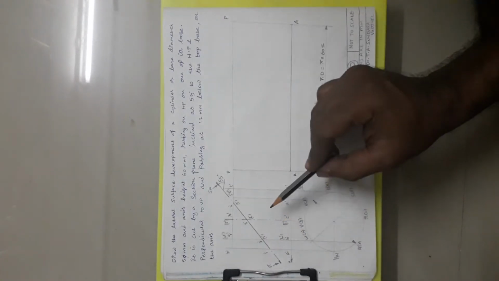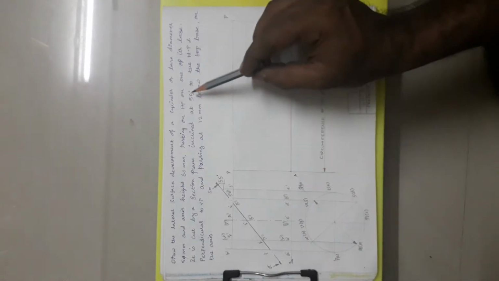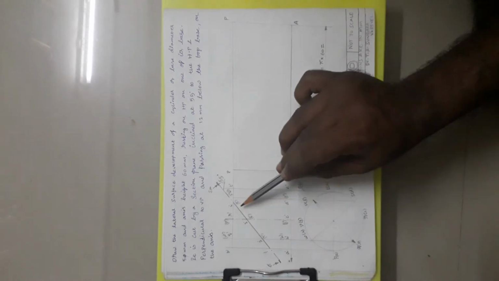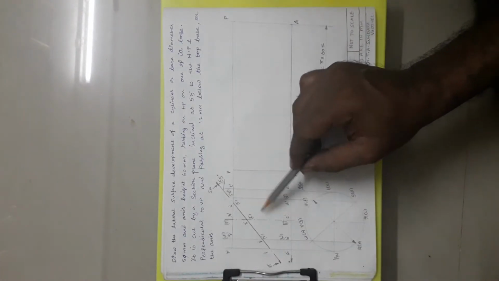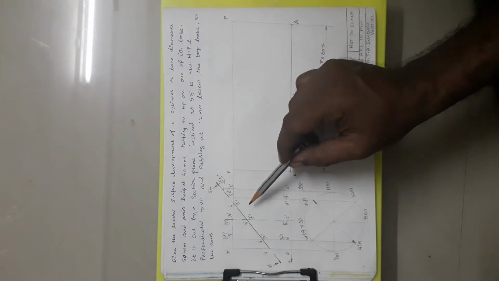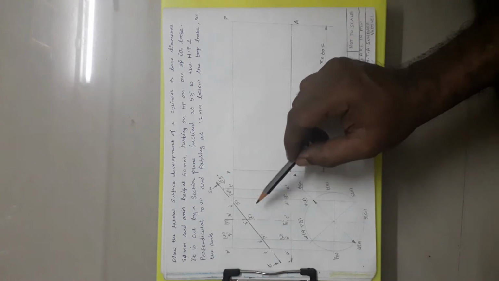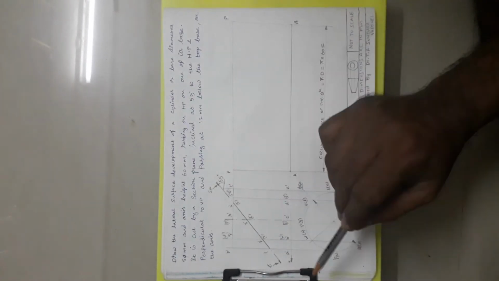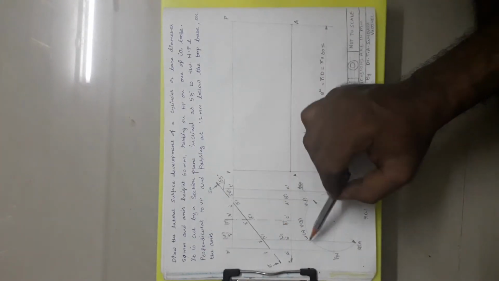So I have drawn the projection for the cylinder as per the given question, and I have drawn the cutting plane. This is the prerequisite for this topic. So we should be able to draw the projection, the top view and front view. All these things we have studied in the previous topics. So we should be able to draw this.